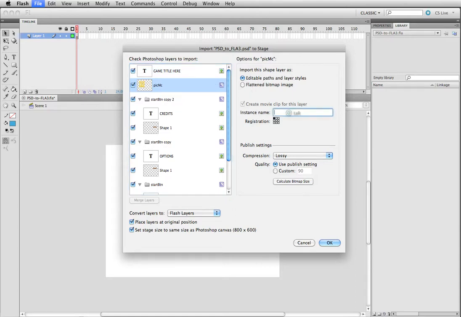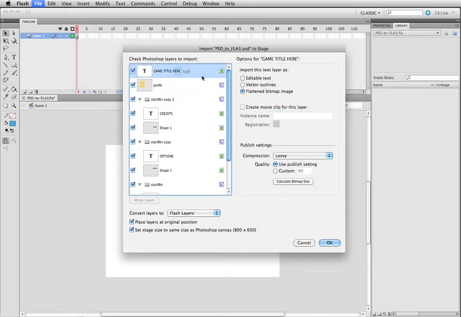Now instance name, I'm just going to go pick MC, and then game title. Now game title, you can choose to have either vector outlines or editable text. I would actually suggest going with the text. And yes, we do want the movie clip because we're going to have that title move in from outside the stage. So it's going to be title MC. Okay, so once you have it all set, double check that these are check mark and flash layers. You're going to hit OK,